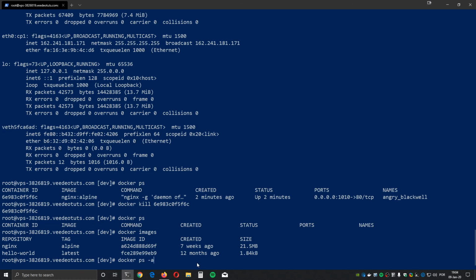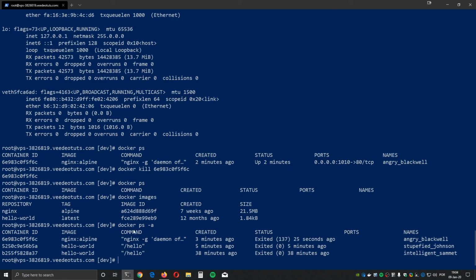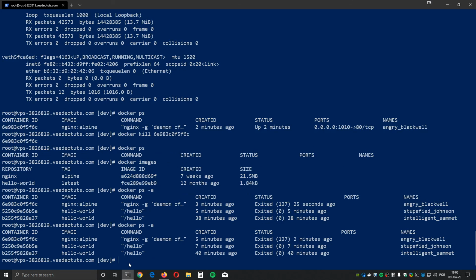Docker ps -a. This argument shows the latest containers that ran. Okay, so docker ps -a shows the containers that ran before, and the latest one was nginx, which exited about 2 minutes ago. Okay, so now let's try to go back to